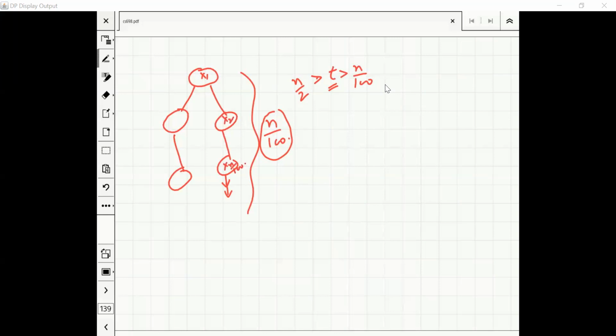But that is not good enough for us, right? If this computational path was succeeding on a constant fraction of inputs, this computational path will be taken by a subset of inputs. If I answer correctly on a constant fraction of inputs, that's good enough, right? And if that happens for every computational path, I am done. Agreed? So it is not sufficient that on every computational path I am answering incorrectly for at least one input. What I want is that I should be answering incorrectly for a high fraction of the inputs.